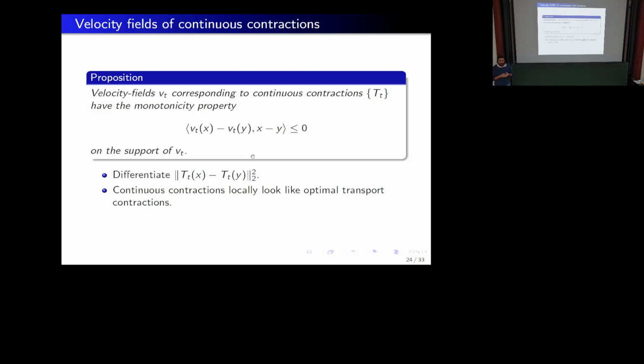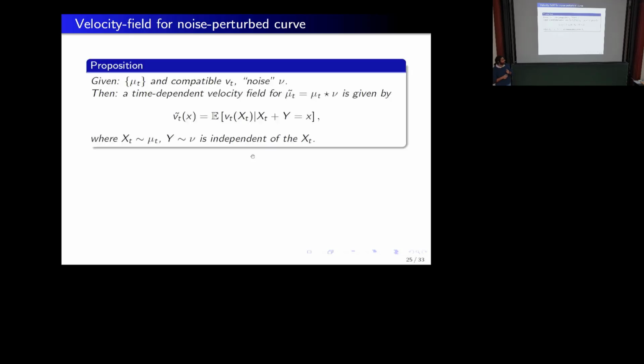Okay. So now I know what velocity fields of continuous contractions look like. But what do I have? I have T sub t of X. I know what the velocity field of T sub t of X looks like. I need to know what the velocity field of T sub t of X plus Z looks like. So I need to know how velocity fields are perturbed under convolutions. So for this,